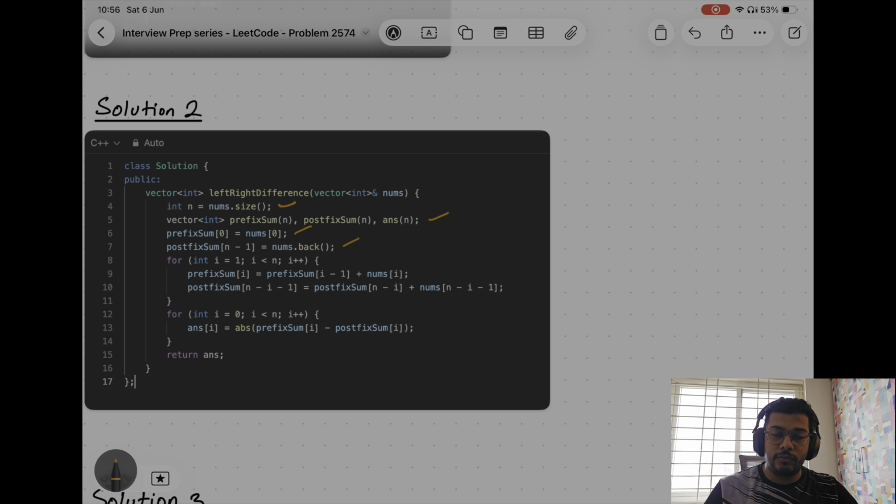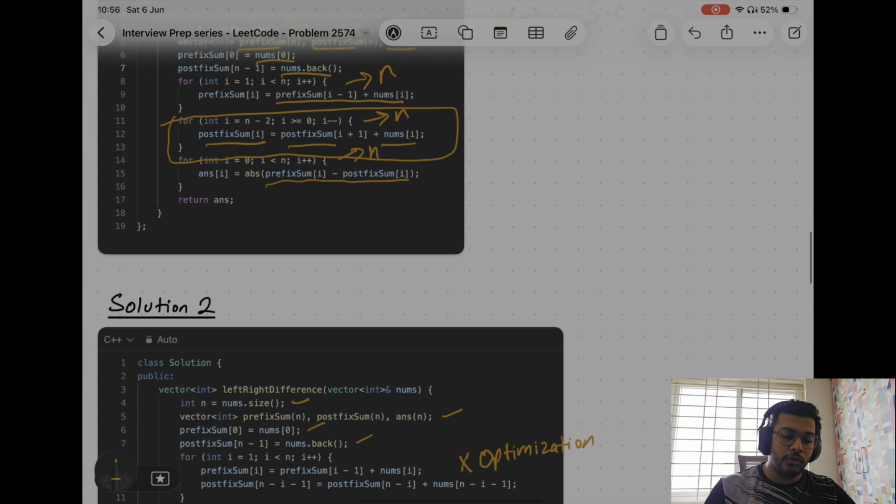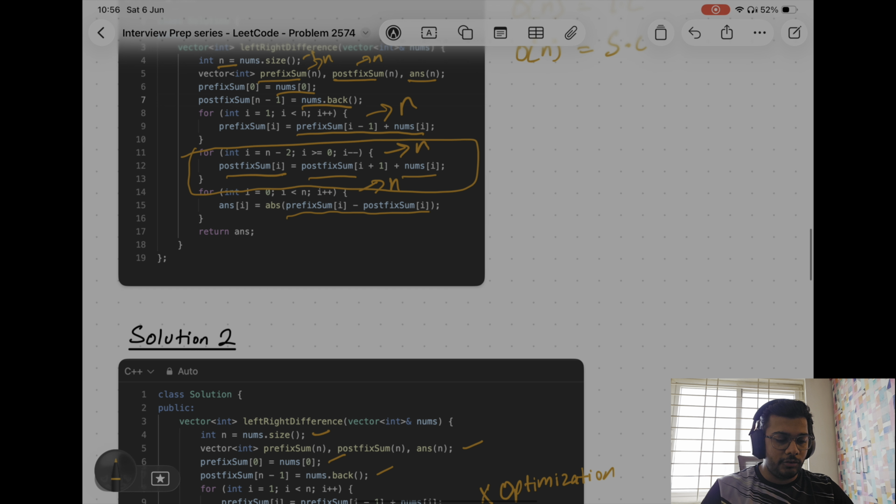Now one thing we need to note here is that this is not at all an optimization. And why is it so? Someone might say that we are using two loops here, but here we are using a single loop only. So why is it not an optimization? You can see that a total of n operations are performed in here and a total of n operations are performed in here. So total operations performed